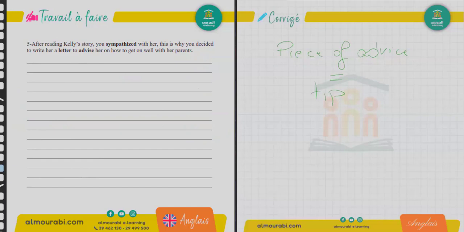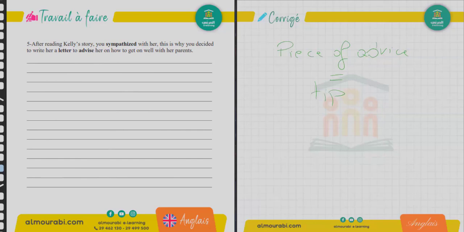After reading Kelly's story, use sympathized with her. Sympathized, repeat with me. Sympathized with her. This is why you decided to write her a letter to advise her on how to